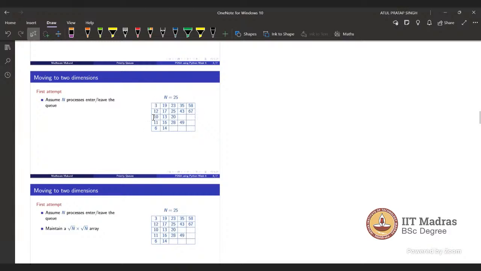We will check the third row, and if the priority of the new job is, for example, 25, we will store the new job's priority at the fourth position. So it will take O(square root of n) time. Here n is 25, so what is the square root of n? It is 5. So every time we want to insert a new job into our priority data structure,